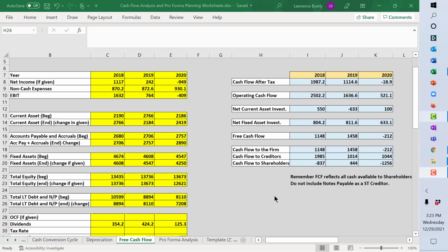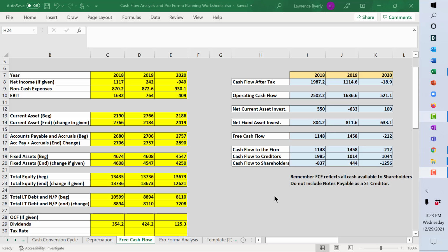What about shareholders? Of course, we could sell more stock, issue more stock, but we could also pay dividends, or we could actually repurchase some stock. So those are all the cash flows that could go to our investors. So this is just a picture, if you will, of how safe that amount of cash is